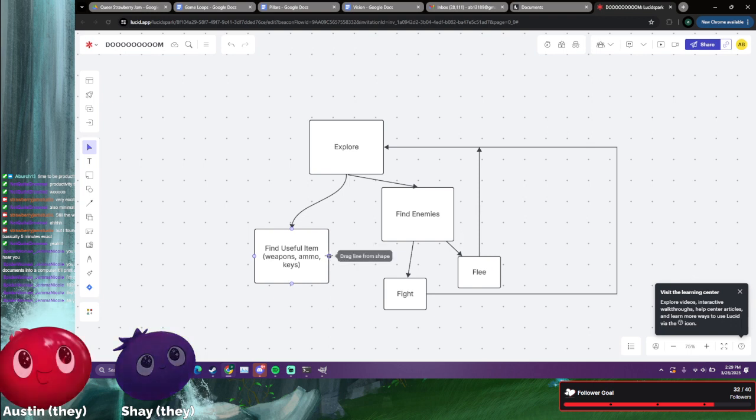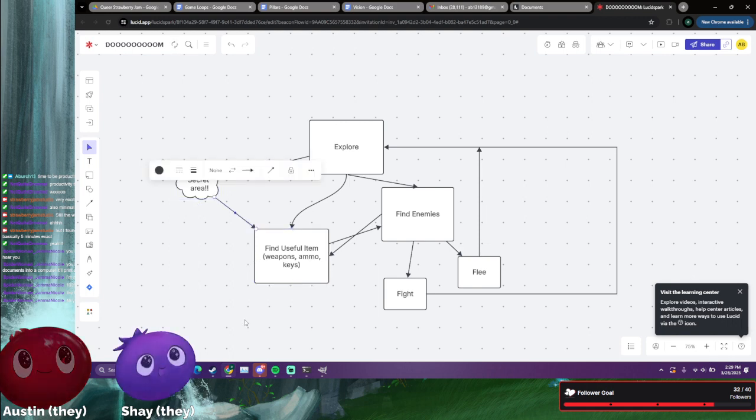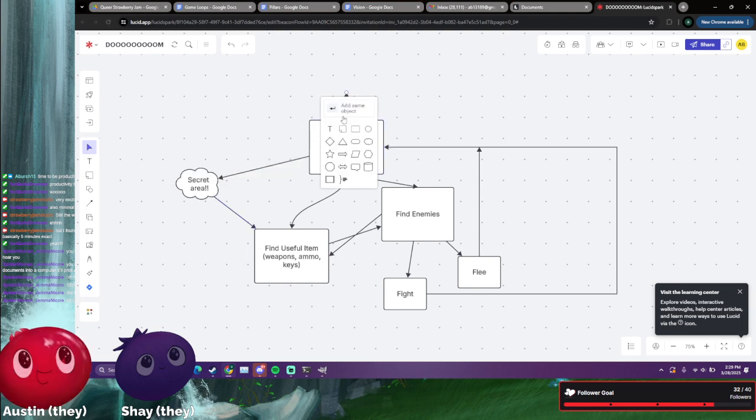So finding useful items can also lead us into finding enemies because usually they're next to each other, usually, and vice versa. So they can kind of lead to each other. Additionally, from exploring, we can find, I'm going to do a different thing, a secret area. And usually that will lead right into finding something useful. Then, ultimately, once we've kind of finished out this loop, we end up closing out a level